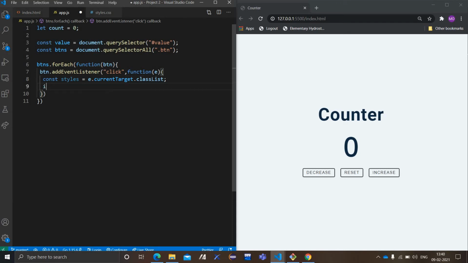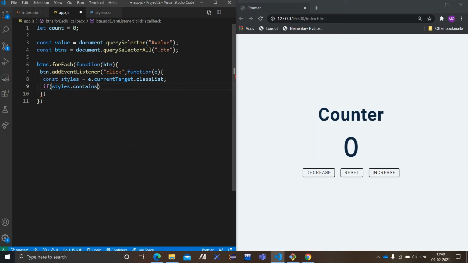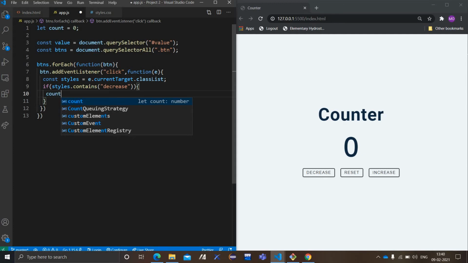Then I'll be using an if condition, like if styles dot contains, in brackets and inverted commas, decrease. Then I will be giving count minus minus, means count is equal to count minus 1.